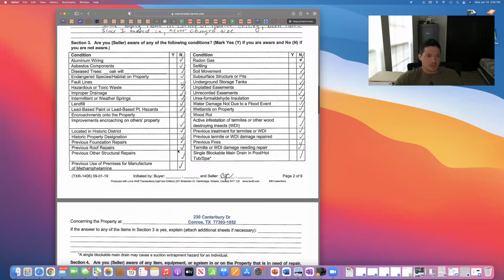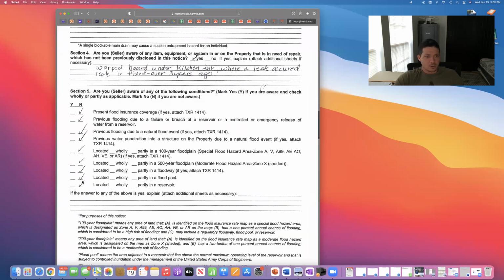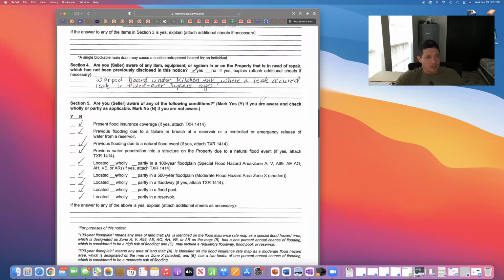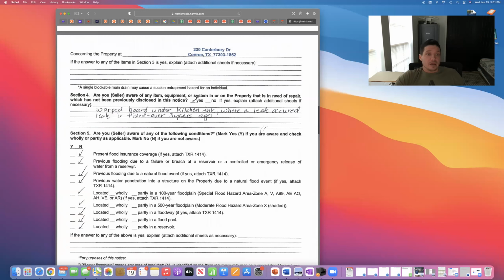So we'll go down here. Doesn't look like it, according to the seller. I always disclose this to the client. According to the seller, it didn't flood, but it's always best to get a home inspection, because unfortunately, it's possible, and I tell my clients this, the seller may not tell the whole truth. They're supposed to,